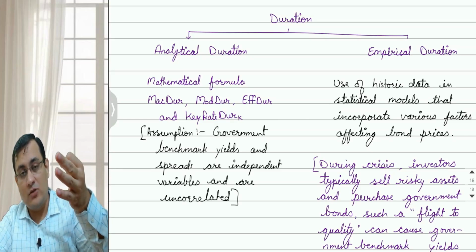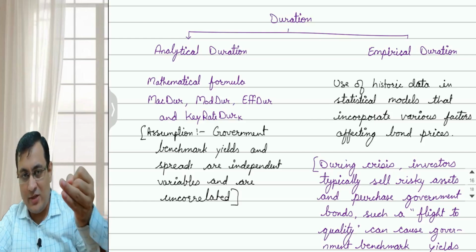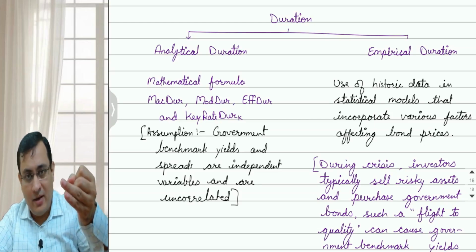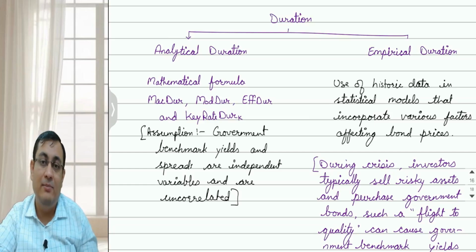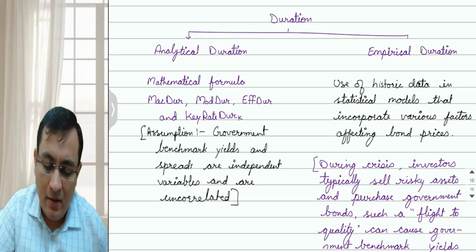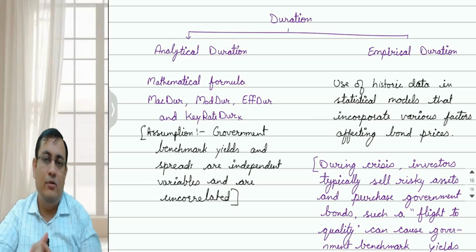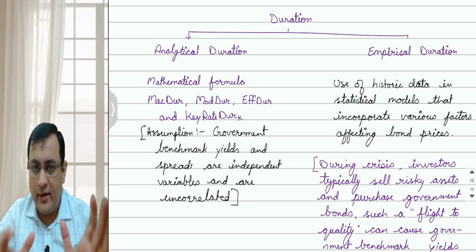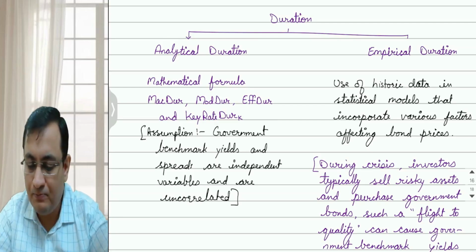Three limitations: cash flows are certain, for yield duration. Second, 2 limitations left, including the parallel shift, which is improved by key rate duration. Now the third limitation, that the benchmark yield and spread are not correlated, is still there with analytical duration, even with key rate duration. But historically, during stress periods, recession, etc.,